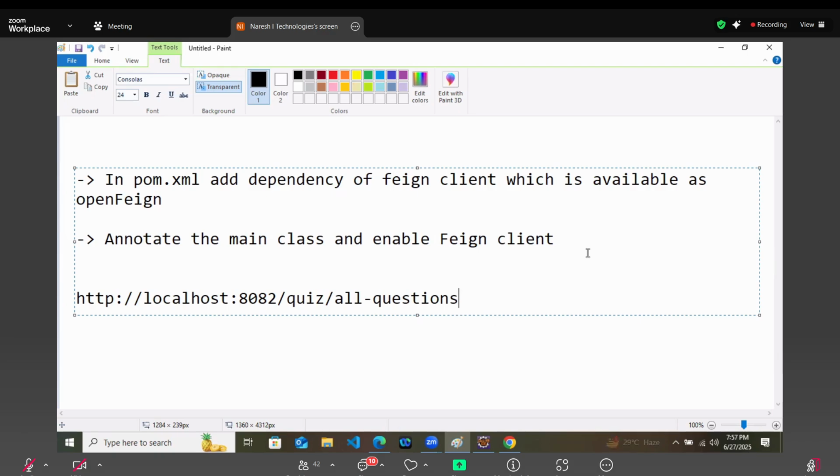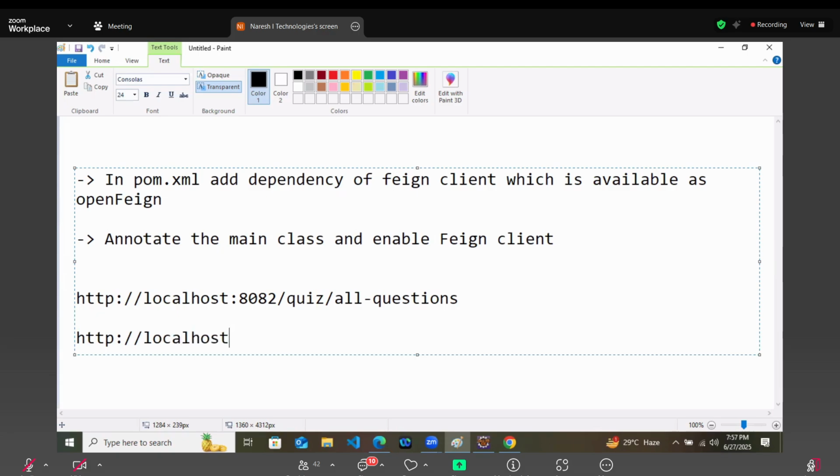So for us this link is visible, but in the backend data is coming from localhost 8081 slash all-question, because the 8081 project is posting that data.